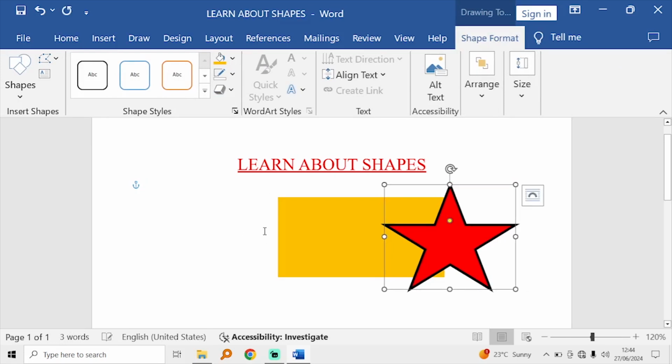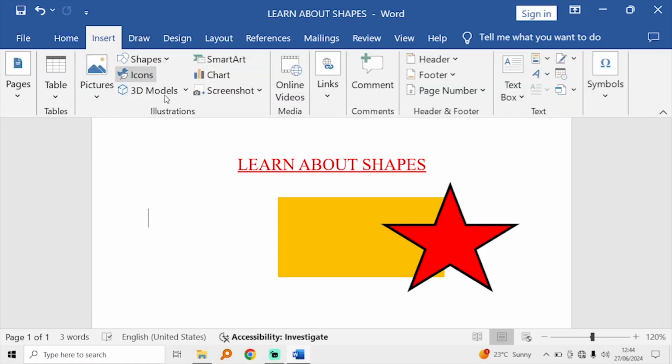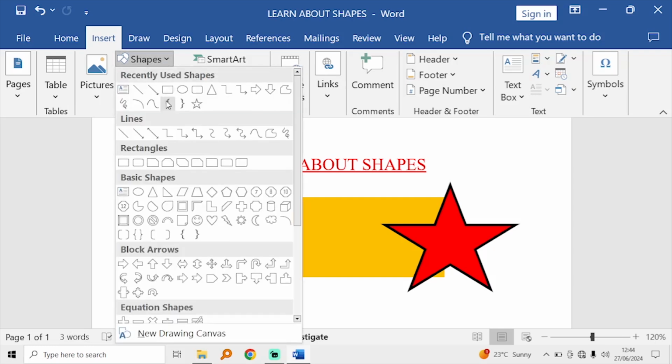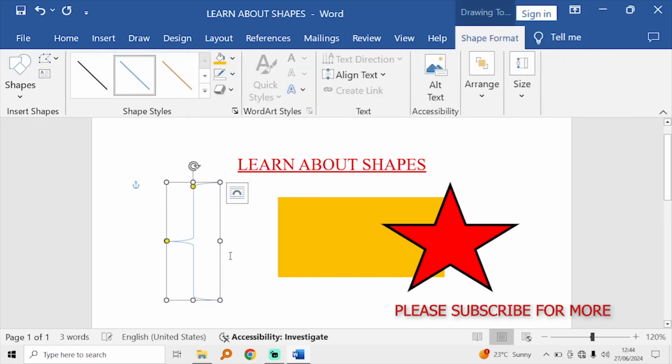So that is how you can insert the shape into your Word document. Maybe I want another shape. I can come to insert, then I come to shapes, then I choose this curly bracket, then I drag it towards this, like this. Yeah, then now I choose it to be black, then I come to shape outline,